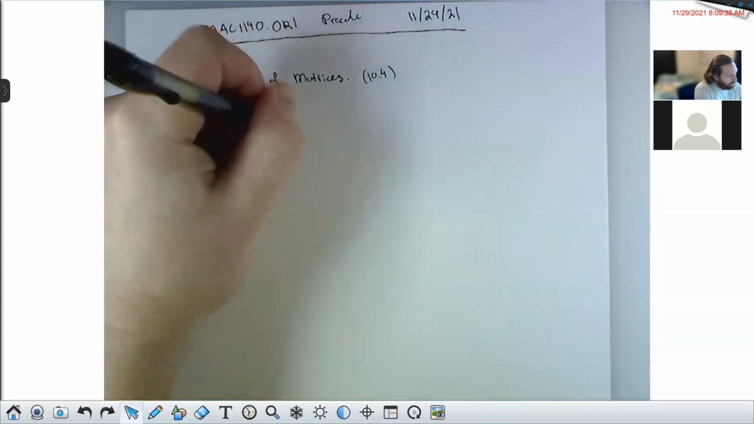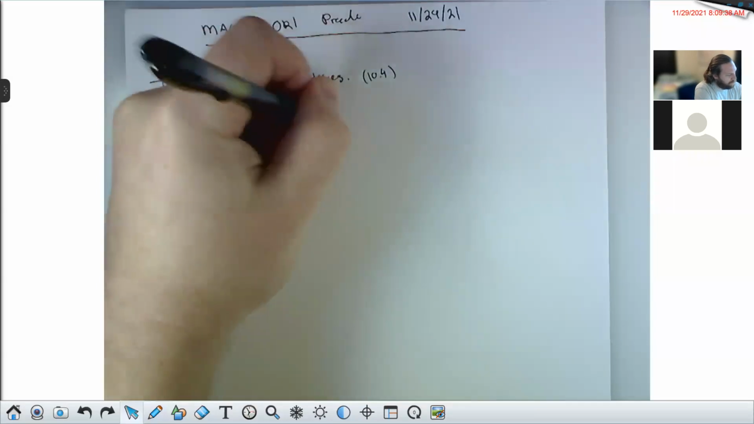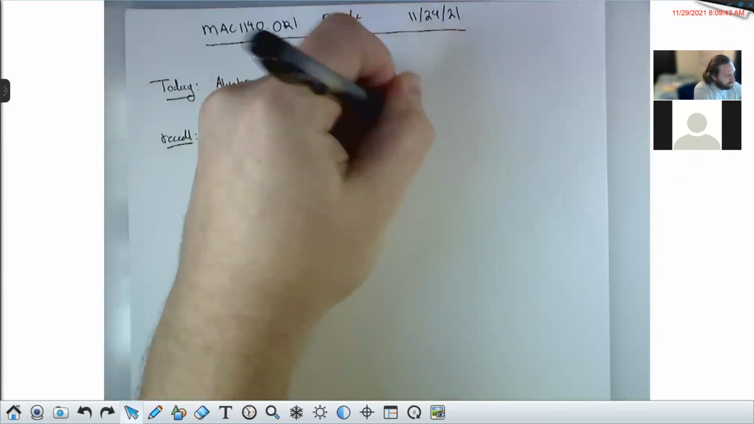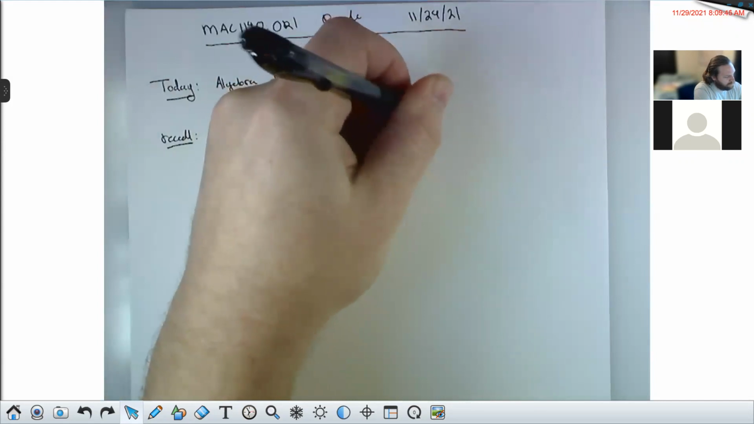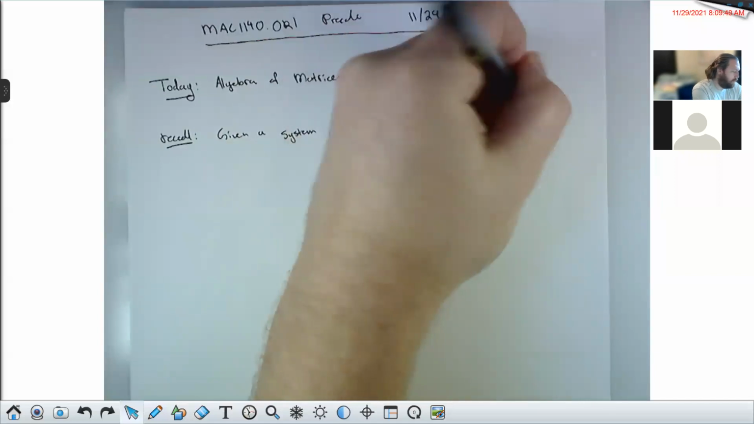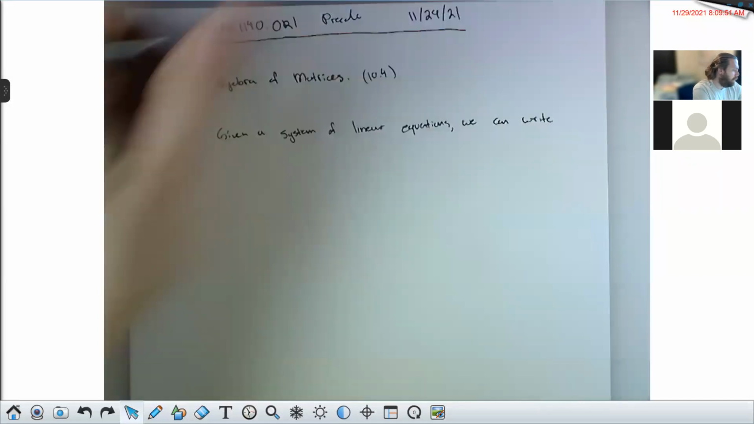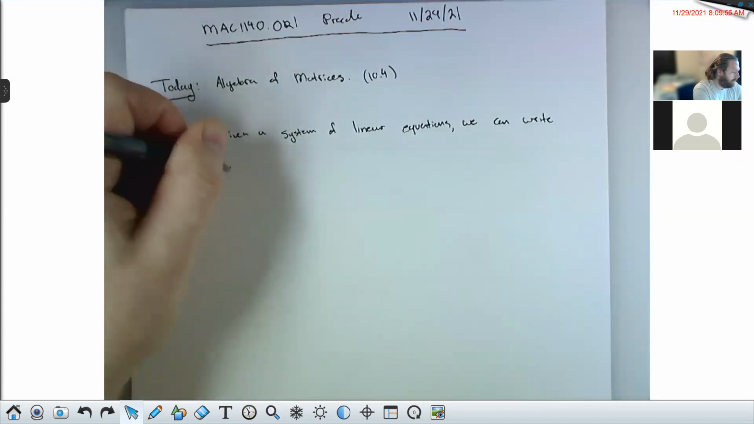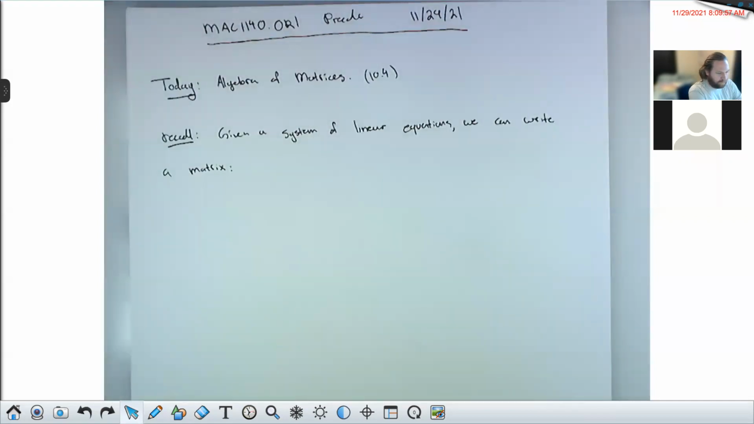Recall that given a system of linear equations, we can write a matrix. So for example,